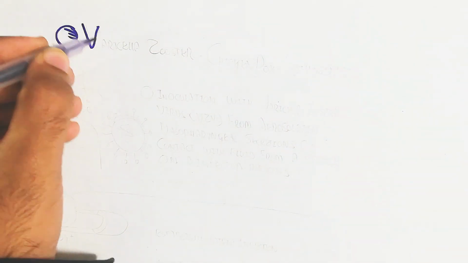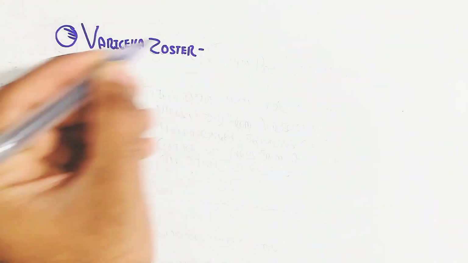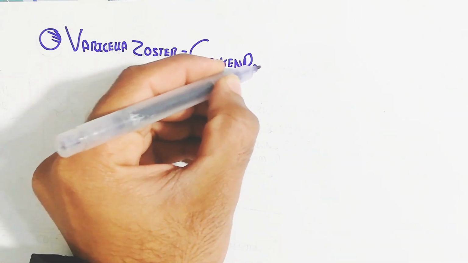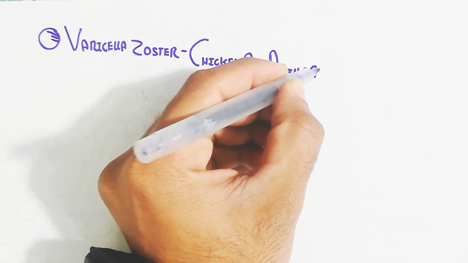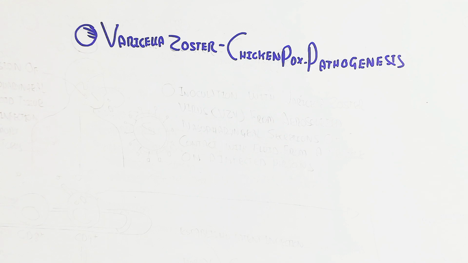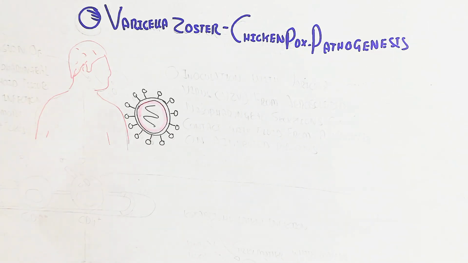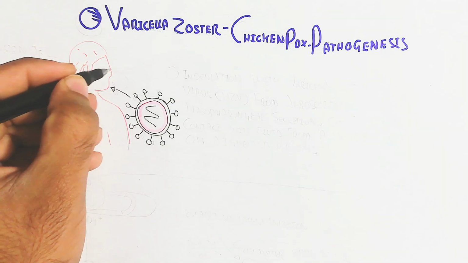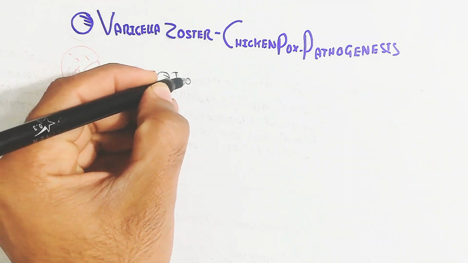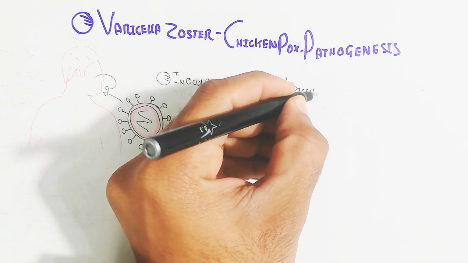Hello, in this video we will understand the Varicella Zoster, the chickenpox pathogenesis. So this is the VZV virus infection to the person, the infection of the VZV. In this way, here is the virus. This virus is basically a DNA containing virus, and in this way the inoculation with the varicella zoster virus VZV